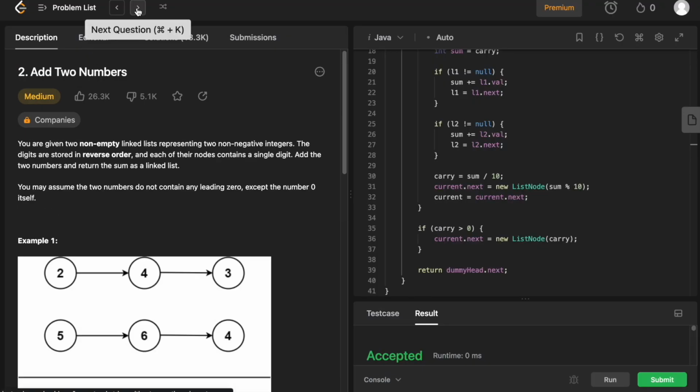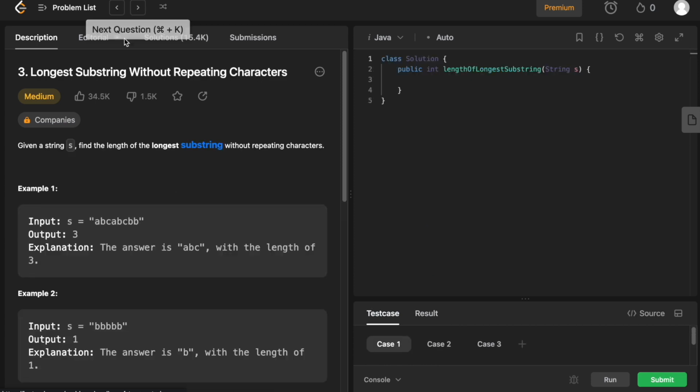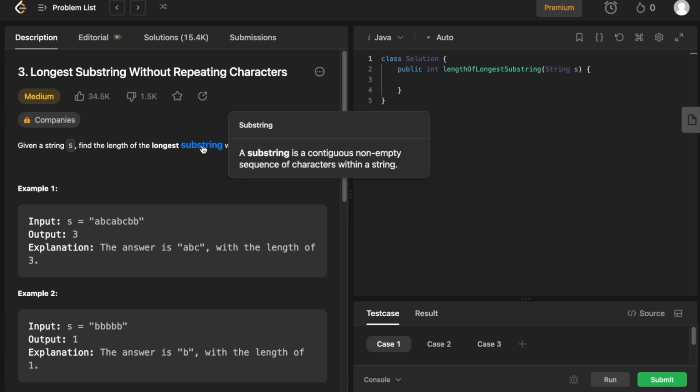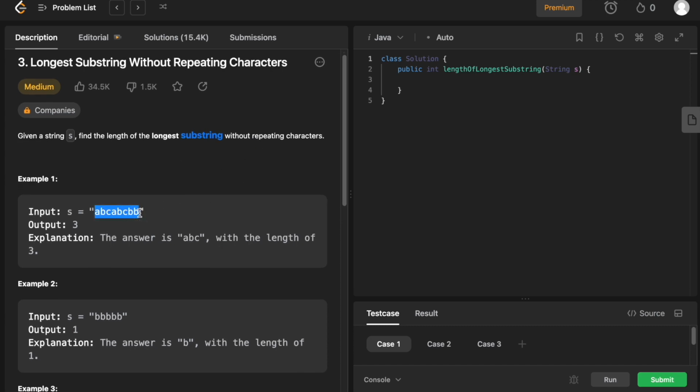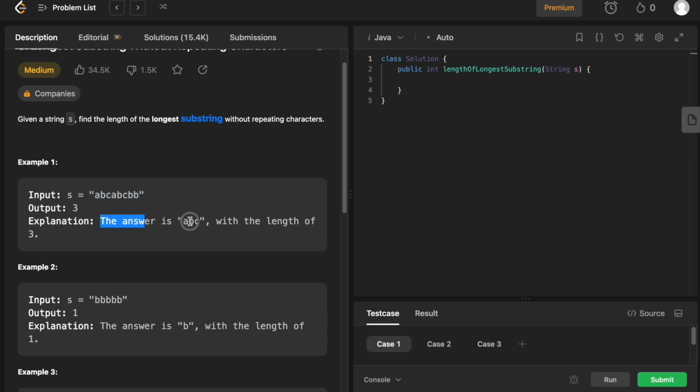Let's try one more question. Question 3. Longest substring without repeating characters. So this is also medium difficulty. Given a string S, find the longest substring without repeating characters. Substring means continuous. So for example, this is ABC, ABC, BB. So the answer is ABC because ABC doesn't have any duplicate